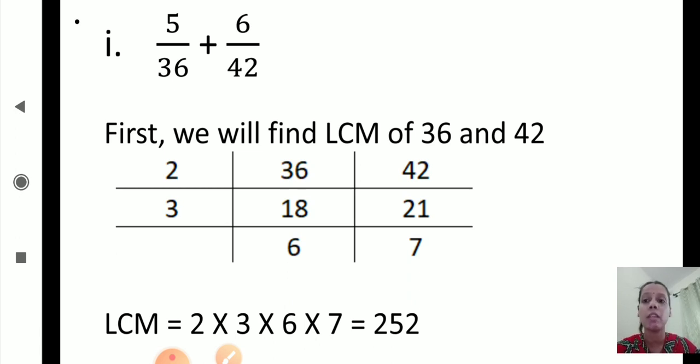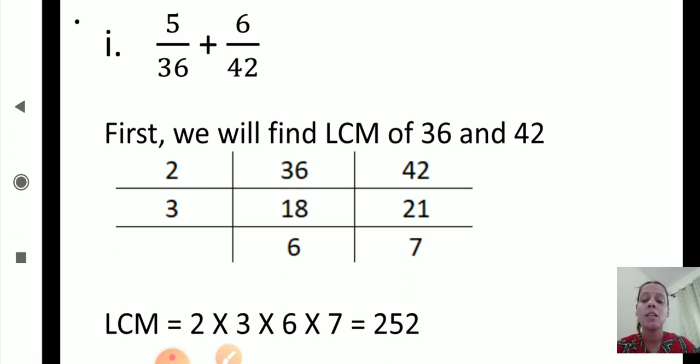So first we will make the denominators equal by finding the cross multiplication and by the LCM method. Now here I am doing the LCM method, and the cross multiplication method I will also show you. So whichever is comfortable for you, if you feel that the cross multiplication method is easy, you will do cross multiplication. If you feel that the LCM method is easy for you, you will do it with the LCM method. You will get the same answer.